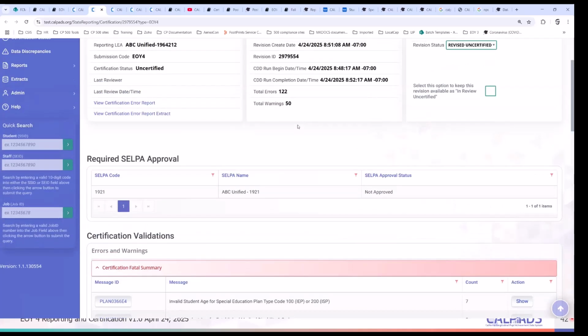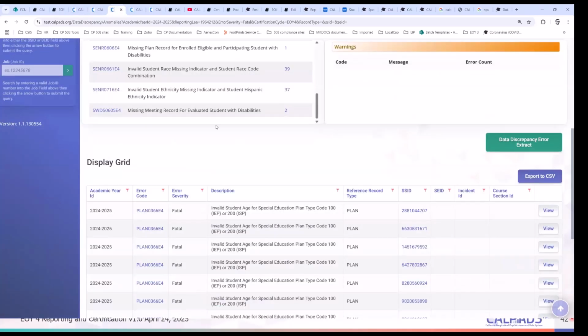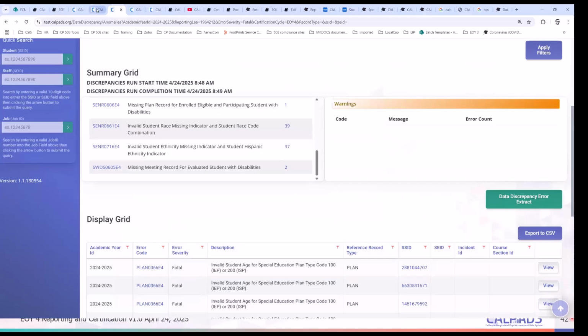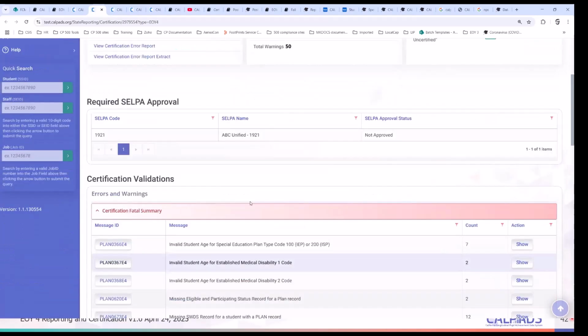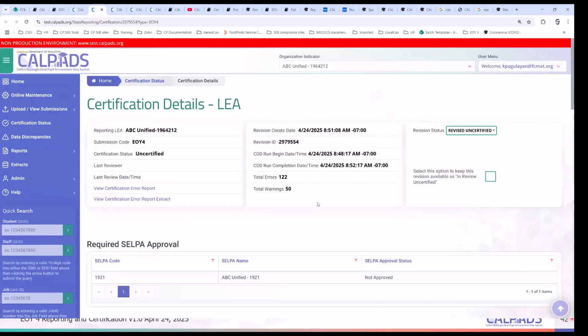So even though you see here in the data discrepancy that you no longer have errors, your snapshot may still list CDDs even after a new revision is created. So just be aware of that.